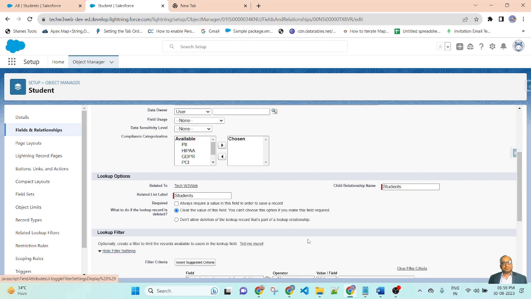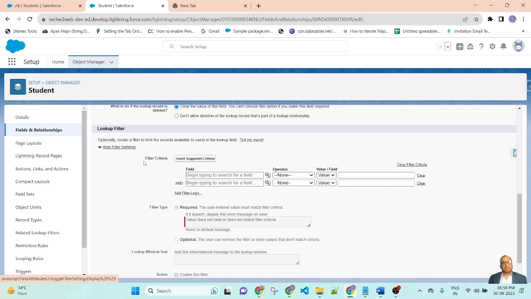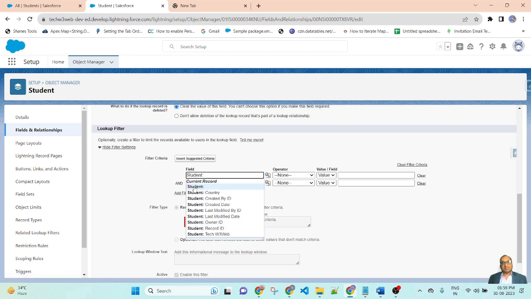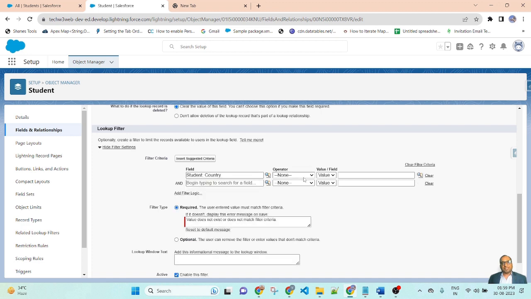Click here, and here is the filter criteria, so we can add the filter criteria. Right now I am adding filter criteria based on the country. In the field, select Student, Student Country. Then the operator is equals, and the value will be your country name.